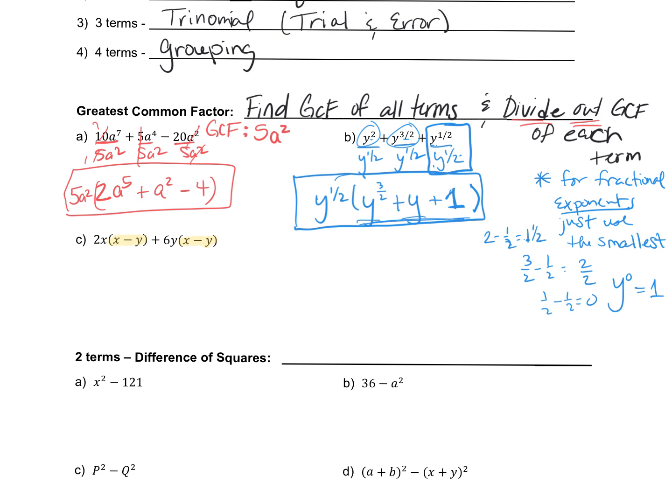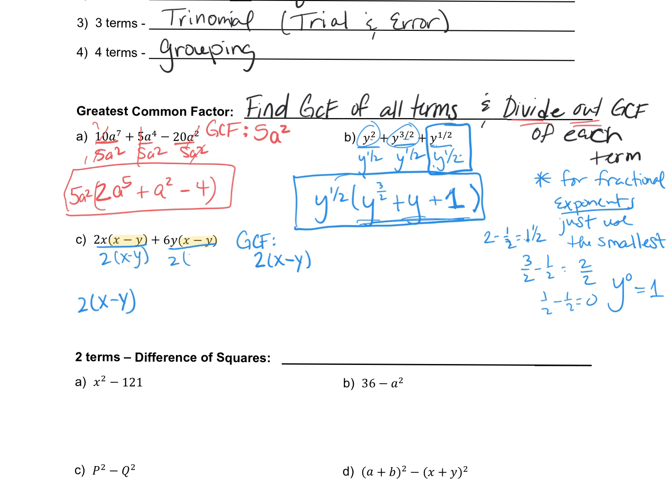Okay, now look at the numbers too. So if I look at the numbers between 2 and 6, I can pull out a 2. So my GCF is 2 times x minus y. And again, when I have to put this here, it has to be in parentheses. There's my GCF. So if I divide everything by 2 times x minus y, and if you do this step,